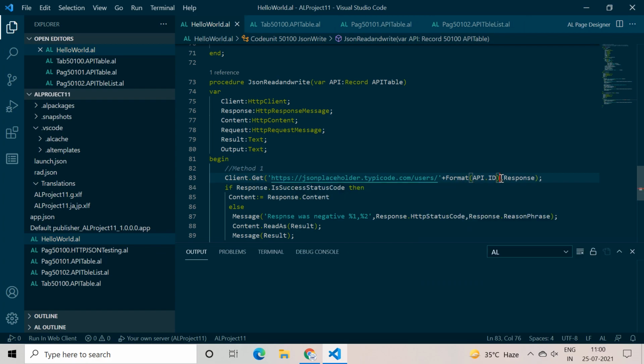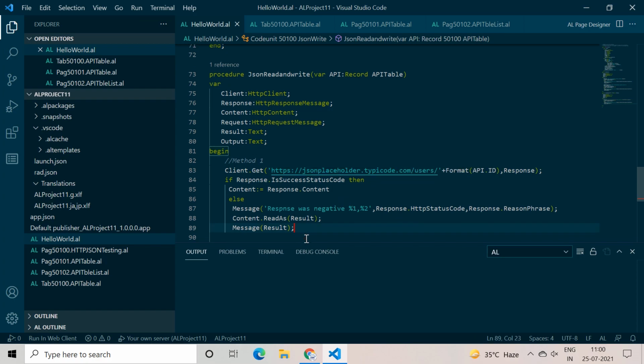Now this will be my complete URL, which we will use in the get method. So when the system calls this get function and goes to this website, it will go along with this parameter, which is the API ID and whatever value is available in the ID field. All right, so this work is done, and now we are expecting that whatever the value of ID is, we will get the content of that particular ID only, right?